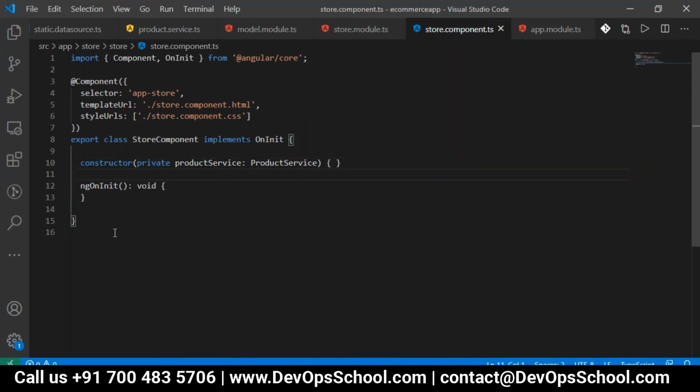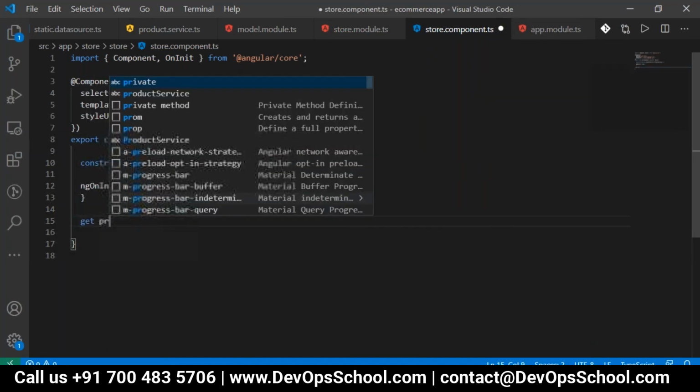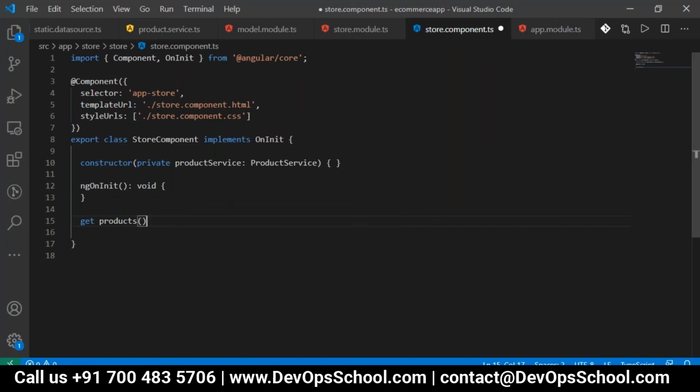Then we have to import it here. I want to get the products, so we can have getter methods in Angular, by using get and space. Then it will create a variable called products. So get products. I've given space so that products will be a variable. It is a getter method for it.